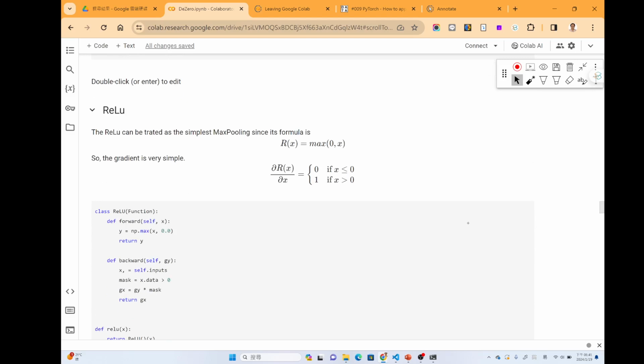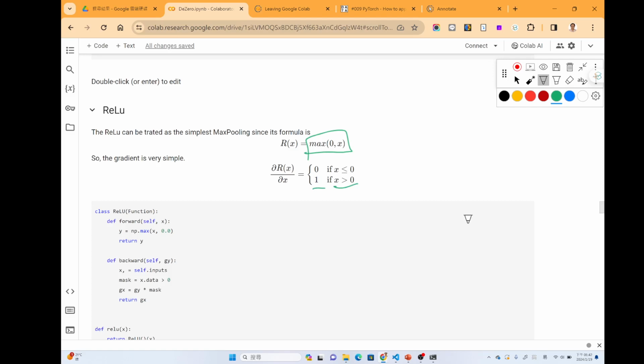And for example, the relu is another one. Actually, relu is the max of x and 0. So it means that the implementation should be very close to the max. If the x is larger than 0, the value will be selected.